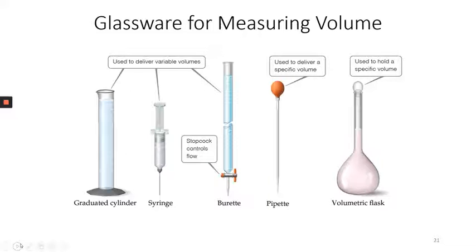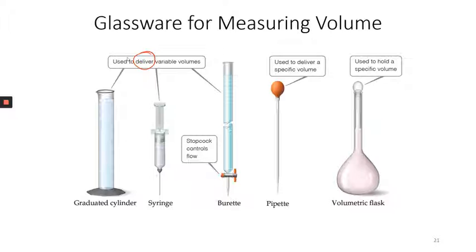Here are some pictures of glassware. You're going to have to remember the names of glassware from last year, and there will be some new pieces of glassware we will use this year that we didn't use last year. So the first one's a graduated cylinder, then you have a syringe and a burette. We didn't get to use the burette because we weren't in school for acids and bases, but when we do titrations later on in the year, we will use burettes a lot. So these all deliver